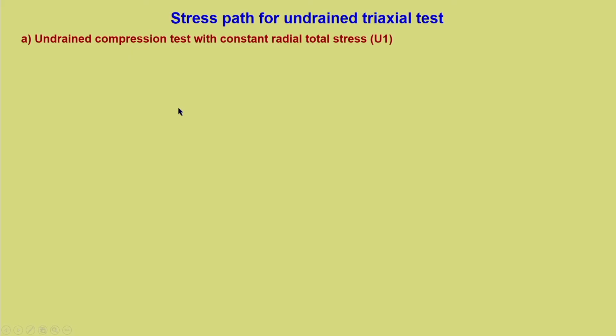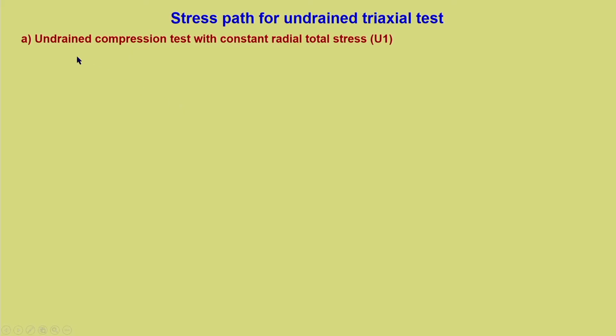So, we were discussing stress path, and in the last lecture we have seen stress path for drained triaxial testing. In today's lecture we will see the stress path corresponding to undrained condition or undrained test. What is the essential difference? We know from the shear strength discussion that the essential difference would be in terms of pore water pressure generation. So, we will see how that is going to impact the stress path.